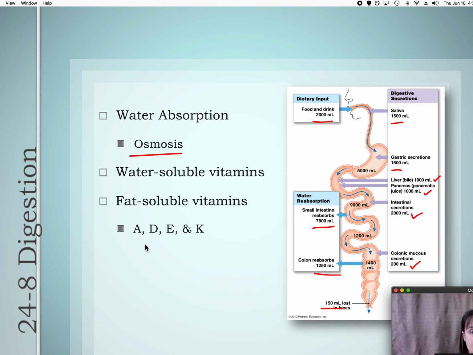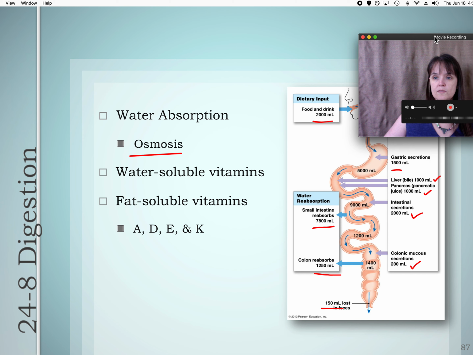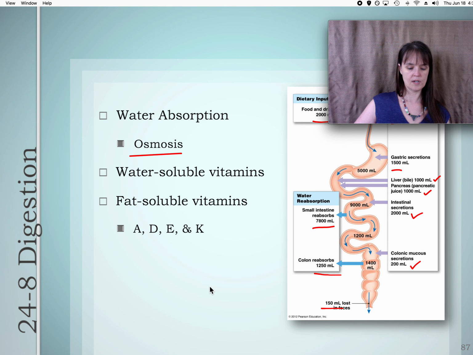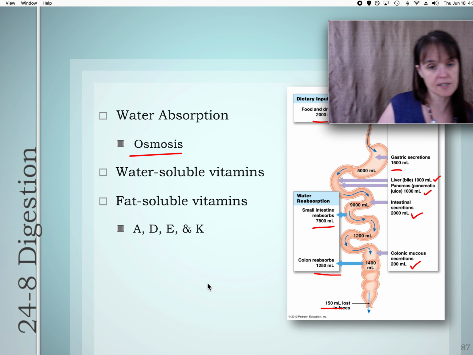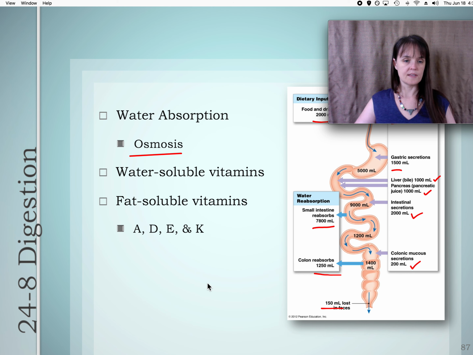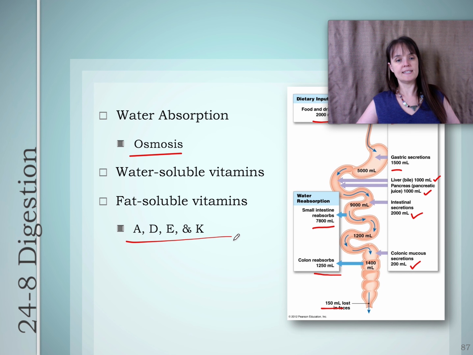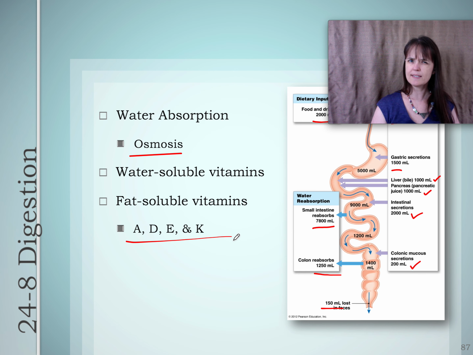Water-soluble vitamins are the B's and C. And B12 needs intrinsic factor to be absorbed. The fat-soluble vitamins are A, D, E, and K. Have we had this conversation yet? Fat-soluble vitamins can be stored in your body in the lipid vacuoles in the fat cells. And as such, these are vitamins that you can overdose on.